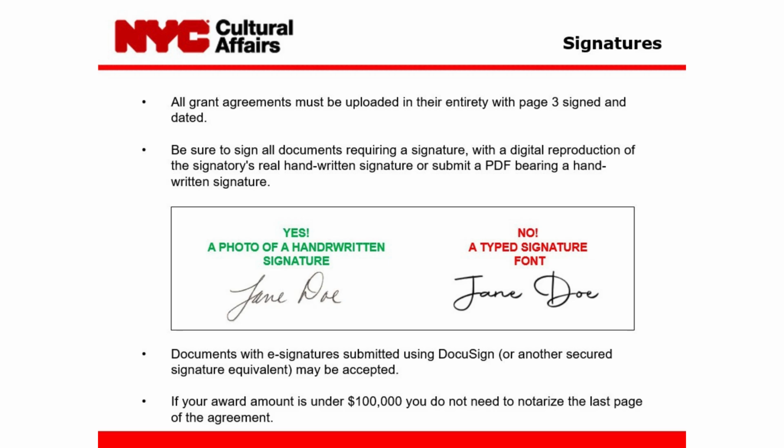We have very specific guidelines for how all of your documents must be signed. The signature should be a digital reproduction of the signatory's handwritten signature, or a scan of a wet signature, which is a document that was signed in ink. The digital reproduction can be a digital photo of the signatory's autograph, but it cannot be a typed signature. Please do not select a cursive or italic font and type in the signatory's name. If the signature is typed in, your grant agreement will be kicked back to you for re-signing, and this slows